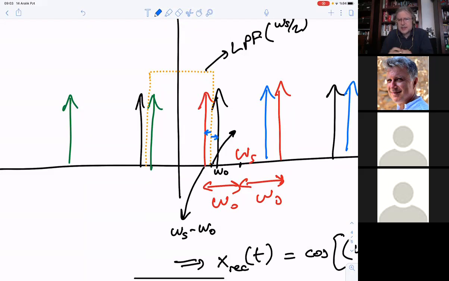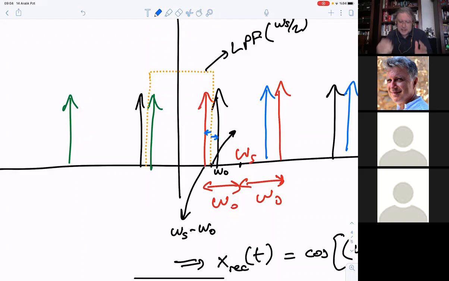So when we sample with omega s and reconstruct, we reconstruct something which is like the folded version of omega 0, and that is the alias of omega 0. Although we have observed this phenomenon and we have found the analytical formulation of that new signal,